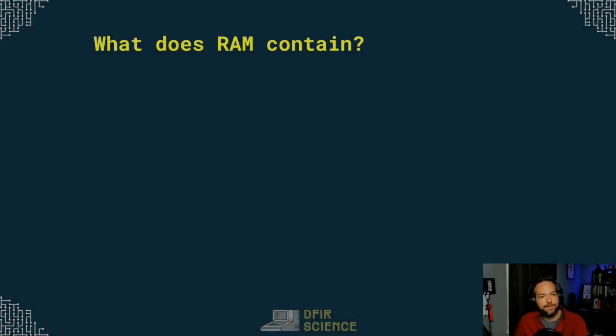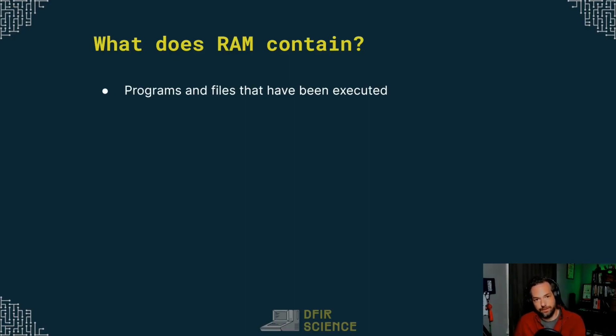So a little bit more about what does RAM contain, just in case you're not convinced yet. It contains programs and files that have been executed. So think about your phone or your computer that you've been using today. How many programs did you run? How many apps did you open? Anything you did on that computer, whenever you open something up, the program is loaded into RAM, the RAM